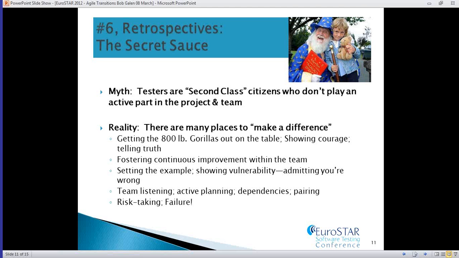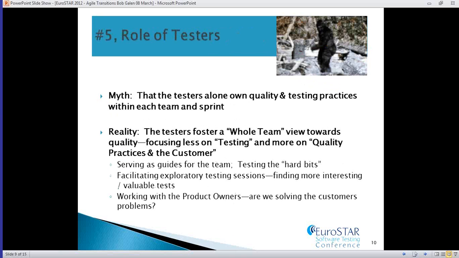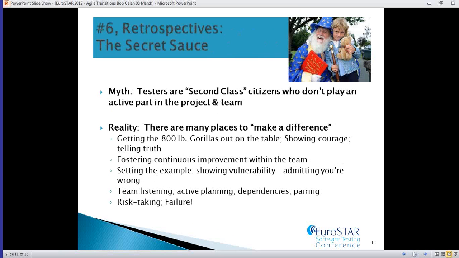So if you remember that story I told about being in the background with the planning, I actually want you to be upfront in the planning. I want you to be asking lots of questions, actively planning, actively challenging developers. What do you mean? What are you going to do? Why is it 2 points? It's going to take me days to test that. Why is it not going to take you days to test that from a development perspective? Challenge the status quo. Be bold.